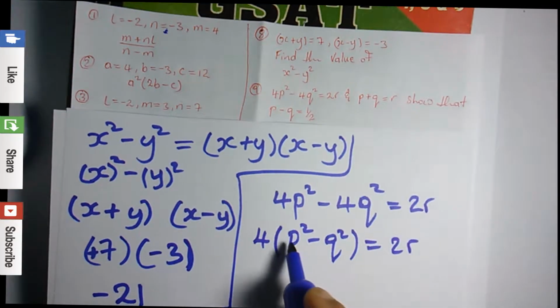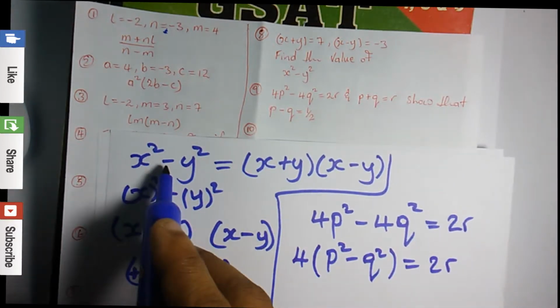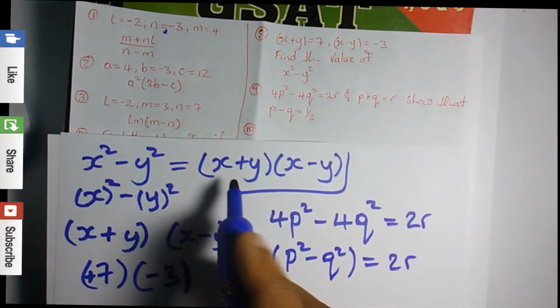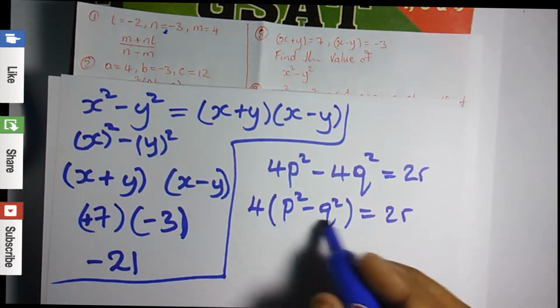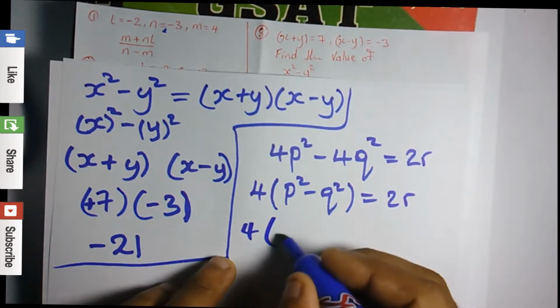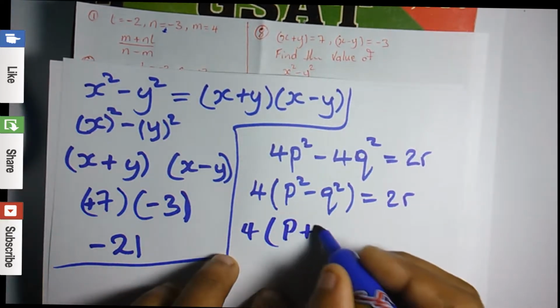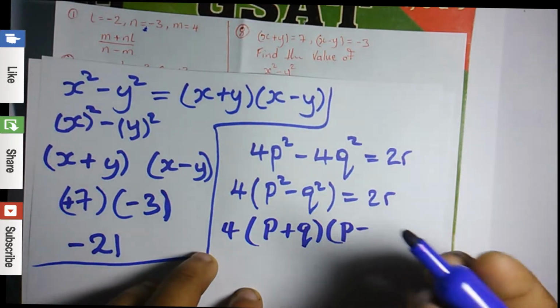Now, if you realize p squared minus q squared is similar to x squared minus y squared, in which we had x plus y, x minus y. So it's the same procedure for this one. We're going to factorize. So it's 4 bracket p plus q times p minus q